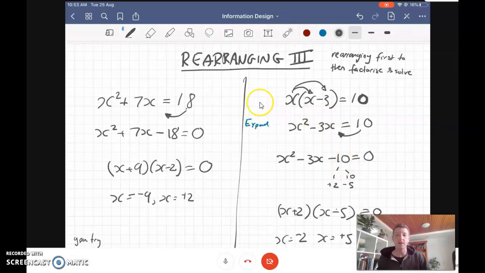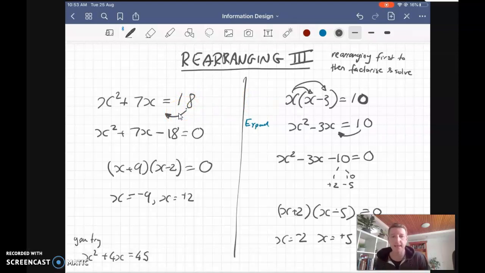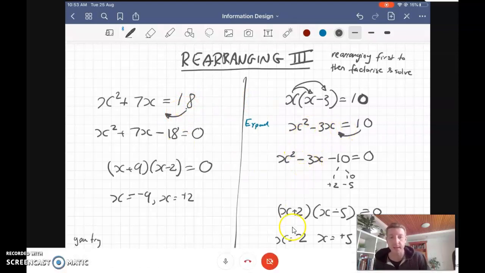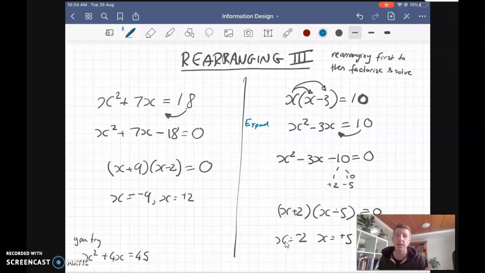So those are some examples of not just how we rearrange, but why we rearrange equations. Please use this video, pause it at different places, and check that you understand each of those steps. To revise this one here, we did expanding, then we rearranged, then we factorized, and then we solved. So four skills that we can put into one question. And when you combine those skills, that's how you're going to be getting the merits and the excellences in the